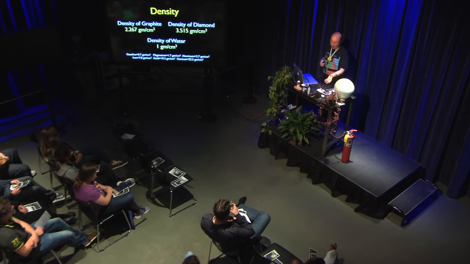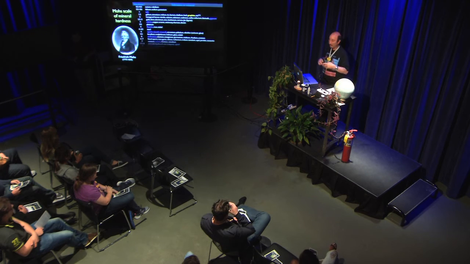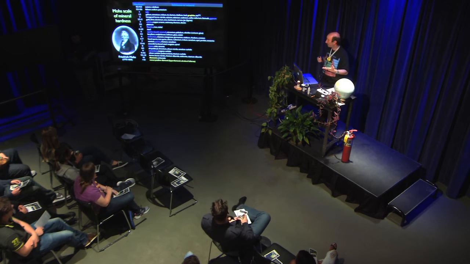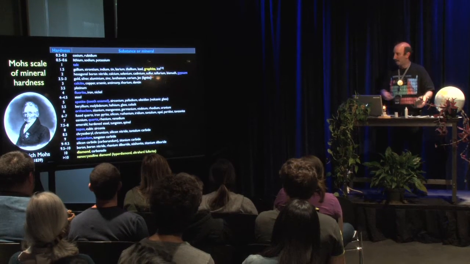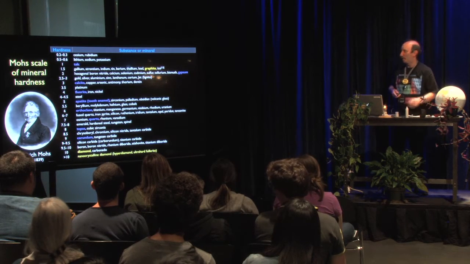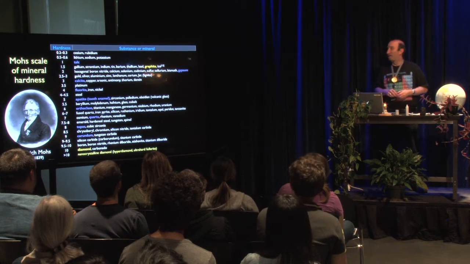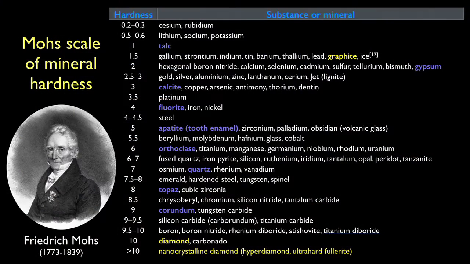Carbon, because it has many forms, has different hardnesses depending on what form you find it in. If you find it in the graphite form, in this coal form, it's actually pretty soft. It's one of the softest elements on the Mohs scale of hardness, named after Mohs. Graphite is a very, very soft material at a hardness of about 1.5, and at the other end of the scale you have the other form of carbon, diamond, at 10, the hardest substance known. So we have a big range there for the hardness of this element.